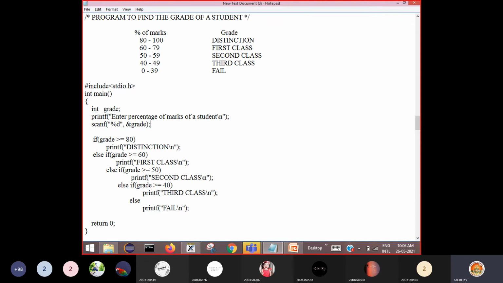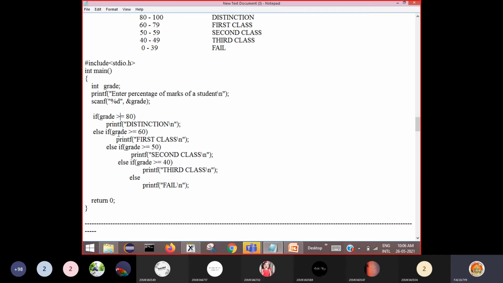That's why I am checking the condition here: if grade is greater than or equal to 80, meaning 80 and all marks above, the condition becomes true, and then you immediately print. When you write this simple condition, it covers all the marks between 80 and 100. There is no need to write less than 100 again.